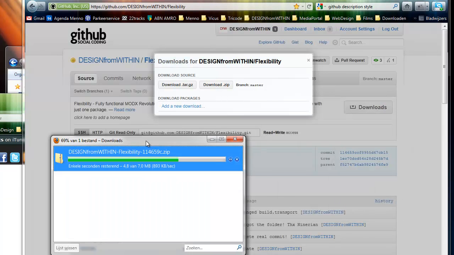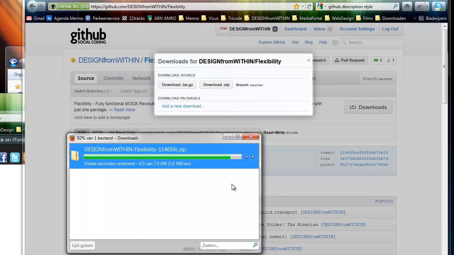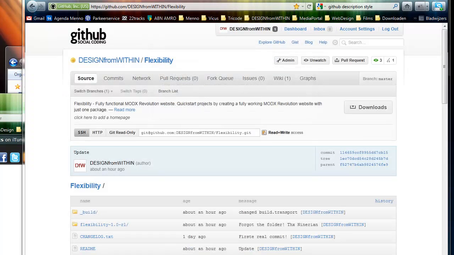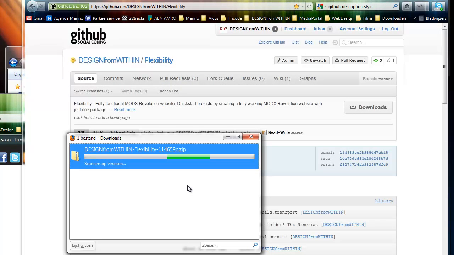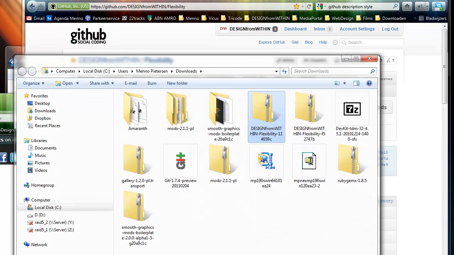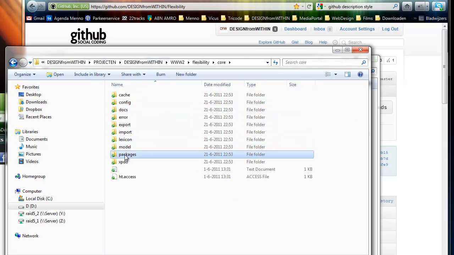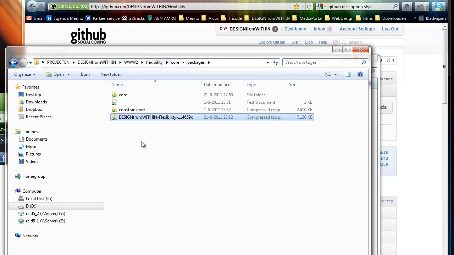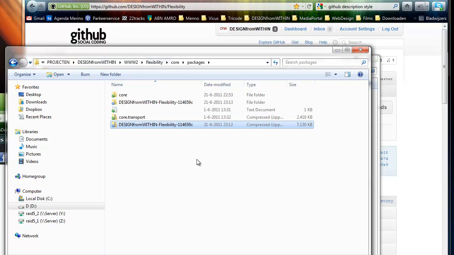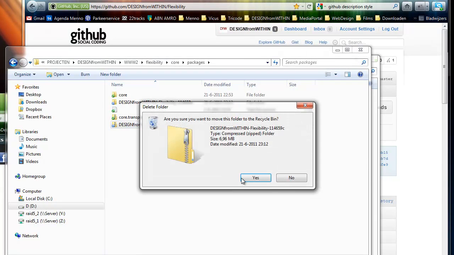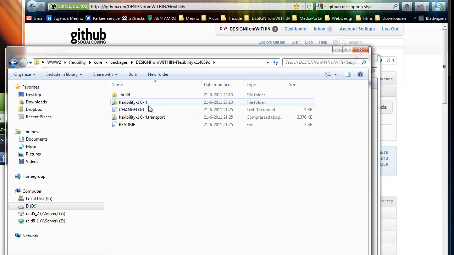And once the file is downloaded, you can open it. Simply cut the page and go to your file of your website. Go to core, packages, paste it in, and you can just unzip everything right there. Remove the zip file, open all my files, and